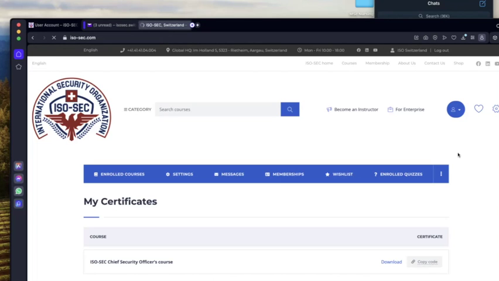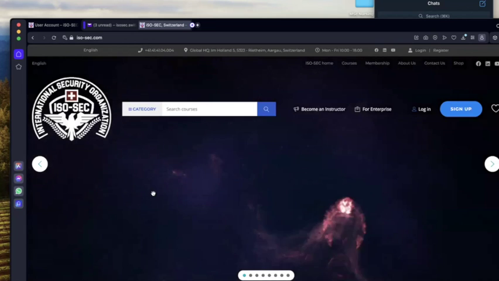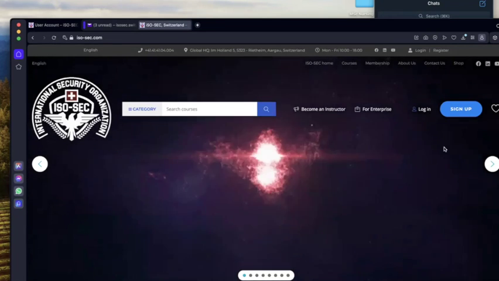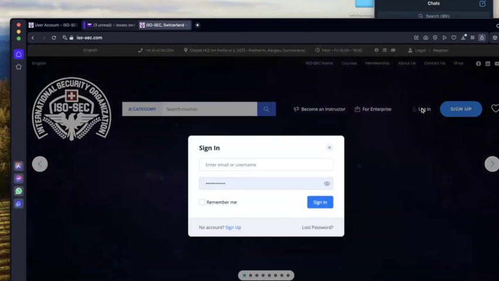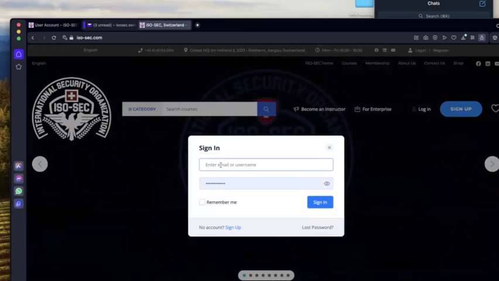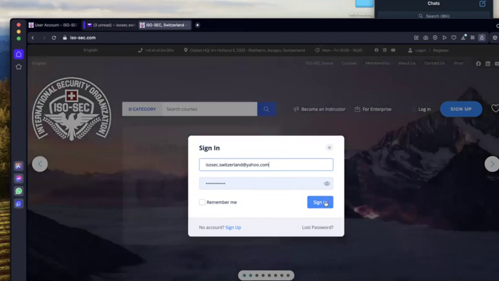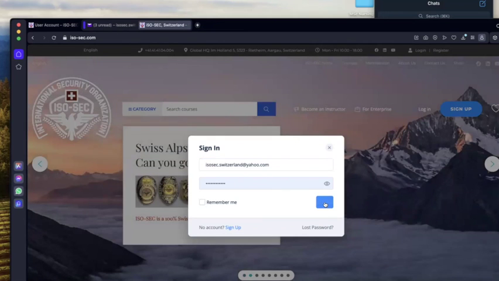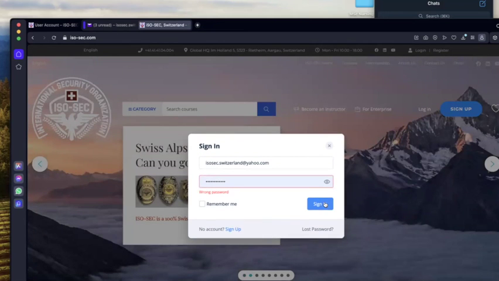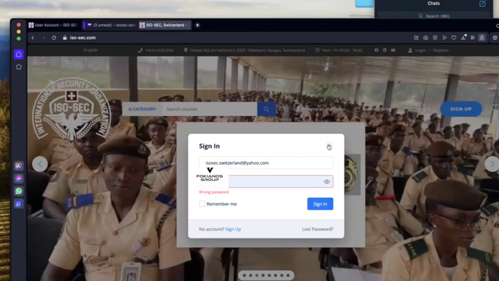Let's say now you try to log in again, and you put your account, your password, your username. You click the login that you can find in the portal, and it shows you wrong password. But you know this is a correct password. Therefore, you click also to the eye, and you see it's a correct password to use. Why does it give you this? This is a glitch. This is a technical problem. It's a bug